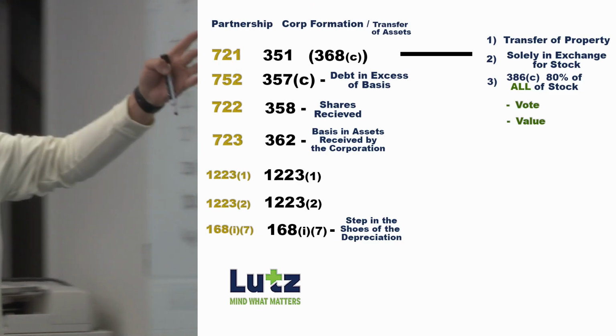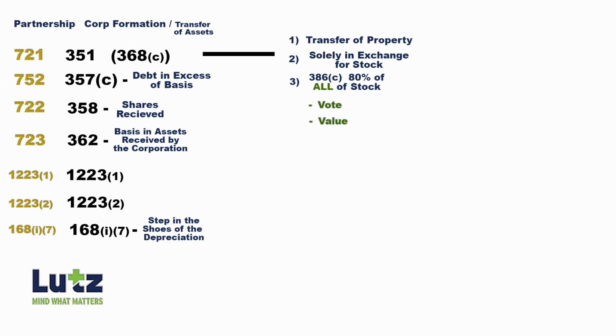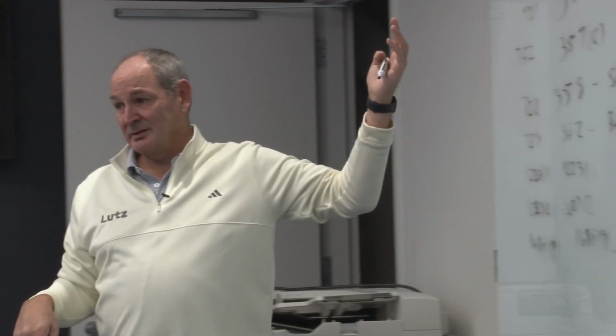So with that particular asset, under 357C, I have debt in excess, and by virtue, even though I've met the elements of 1, 2, and 3 under corporate formation rules, it's tax deferred. 357C says that even though this is tax deferred, the transfer of an asset with debt in excess of basis is going to cause a taxable event, correct? Okay. 752 is very loosely correlated. And I hate putting it there because it's not right. But that's kind of the same. It's not good, but that's the best place to put it.